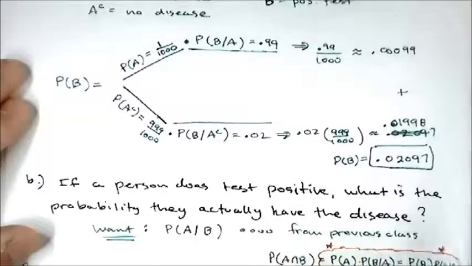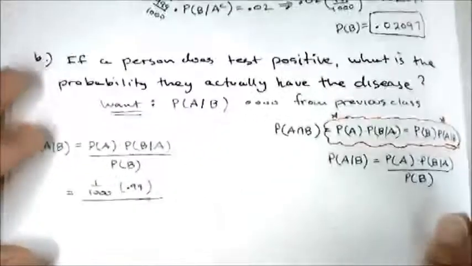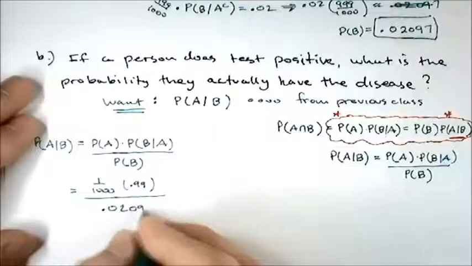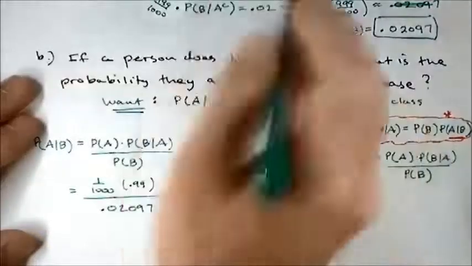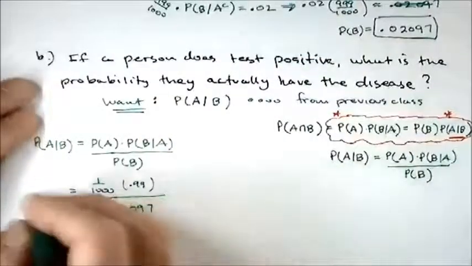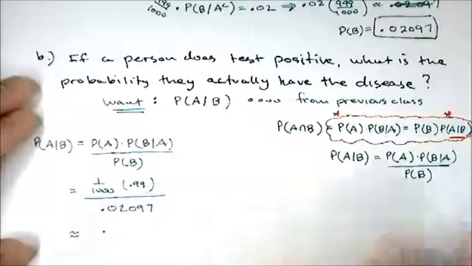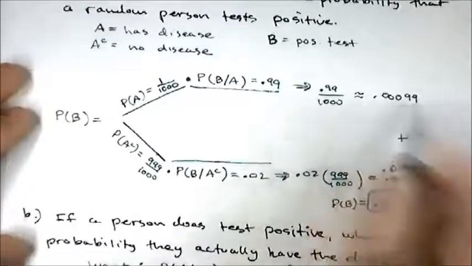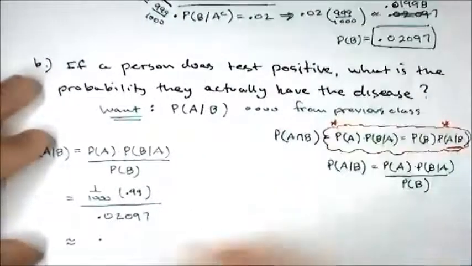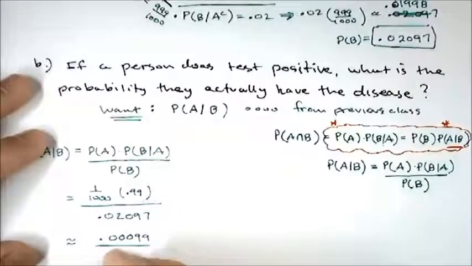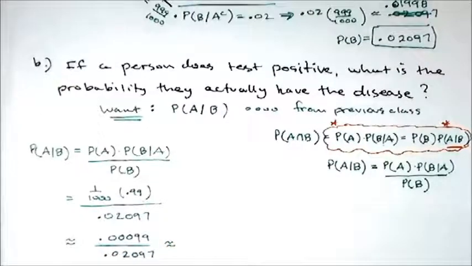0.0297, 0.2097. If you don't get to use a calculator, you could just write out the sum of those two probabilities. And so this is it. And this comes out to be, see this number right here, we had that number too. That was 0.0099, 0.00099, I should say, divided by 0.02097, which is approximately,